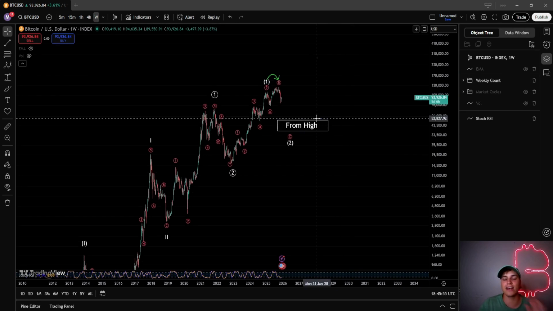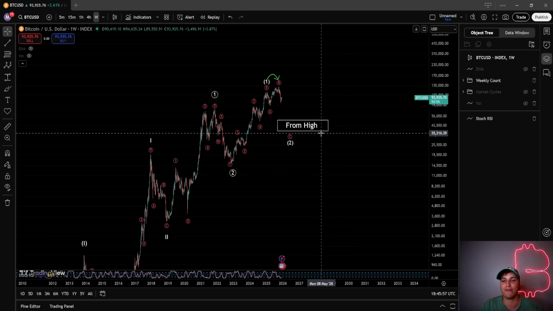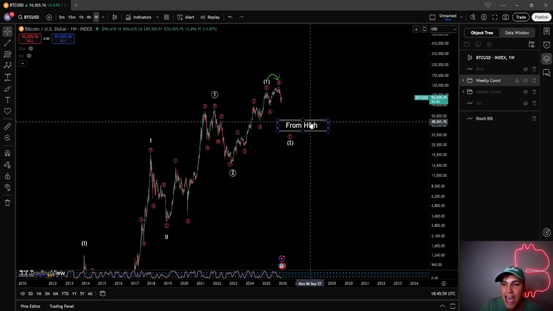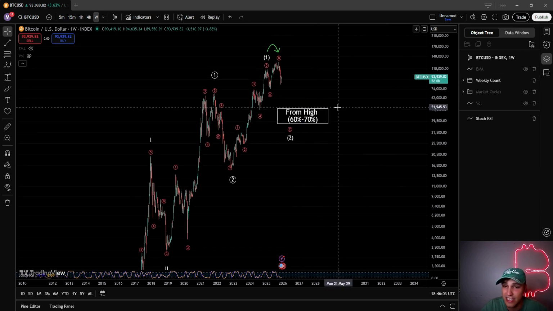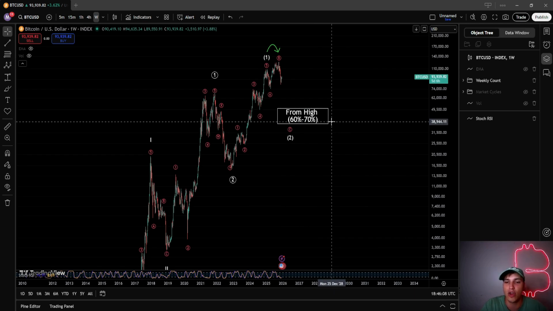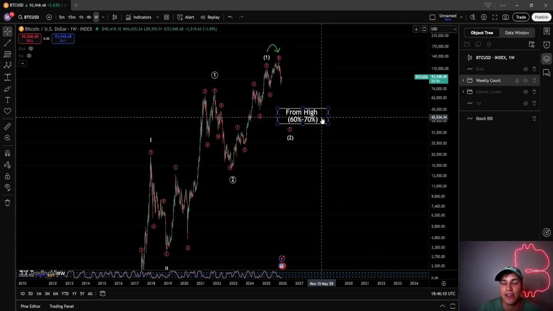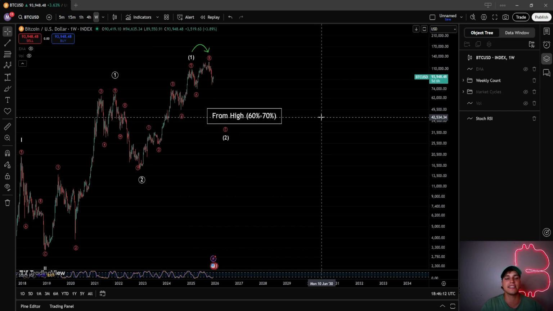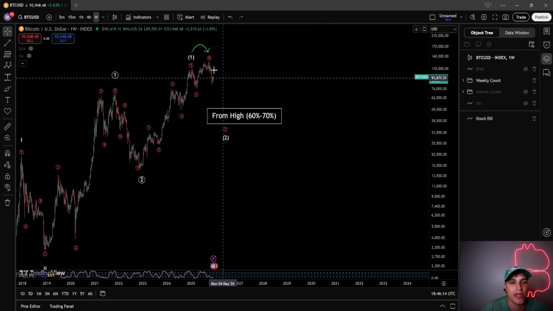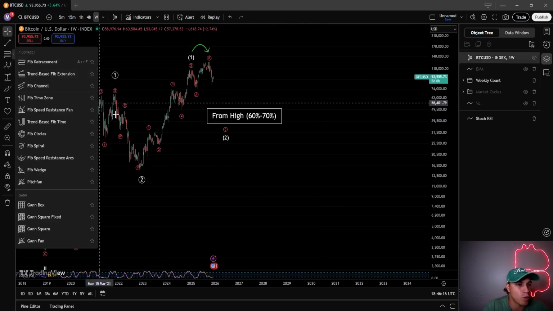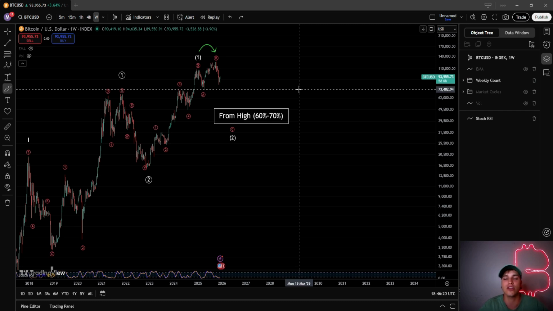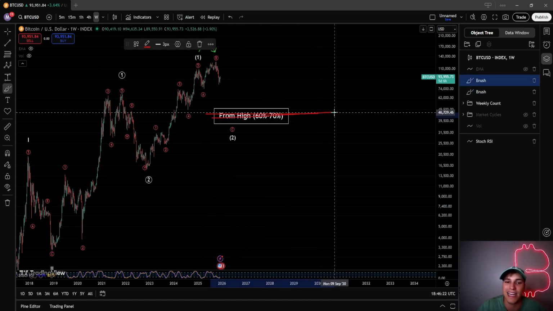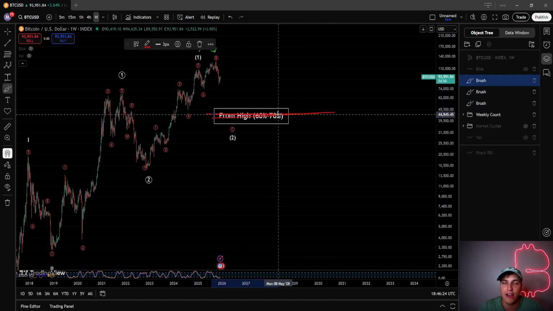And we can then expect something similar. So I've tracked out a 60 to 75% correction here, and that is where this box sits. It sits between 60 to 70%. It sits between $51,000 and $37,000, right? So if that is what the bear market is going to lead us into, we can then wait for a 60 to 70% retracement until we can start heavily piling more and more on for Bitcoin, right?